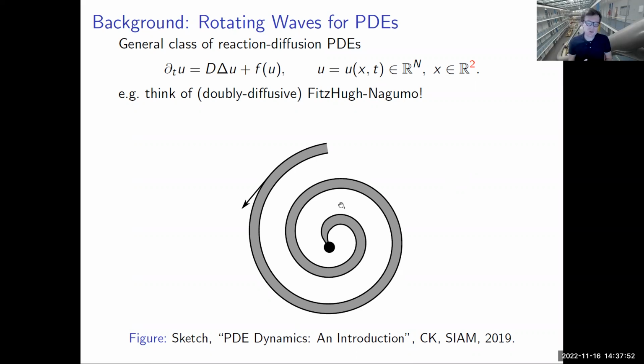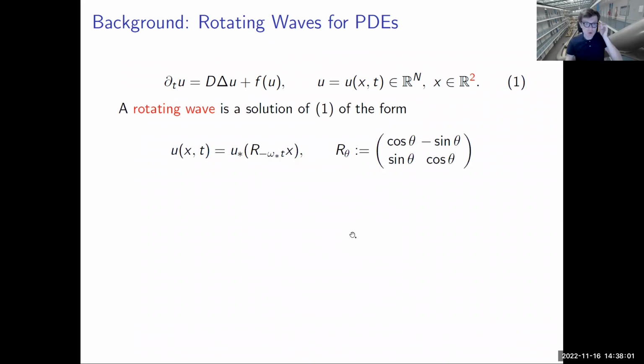So we were sort of setting out to actually go beyond the numerical simulations and trying to prove something about the stochastic wave case. All right, so what are deterministic rotating waves for a PDE? Take your favorite 2-component, for example, system with 2 spatial dimensions. Then a rotating wave is a solution that has a certain profile again in X, but now this profile gets rotated in time by a certain type of rotation matrix. So basically you have a certain type of frequency, and that profile gets rotated in time. And I assume that this is one type of solution that I will see in my deterministic equation.